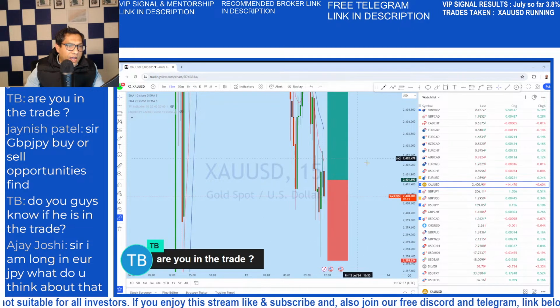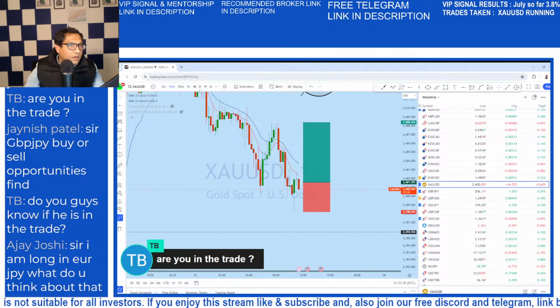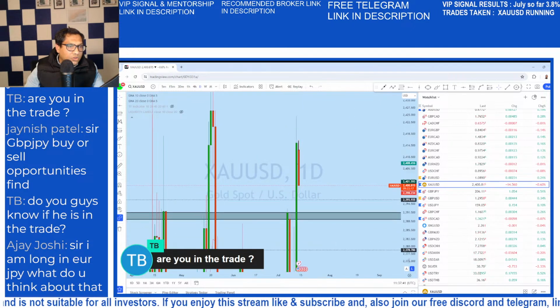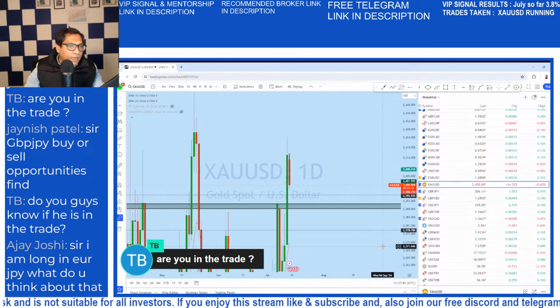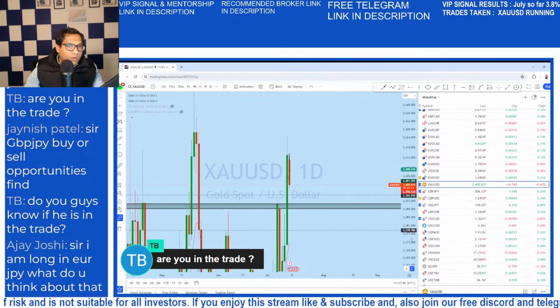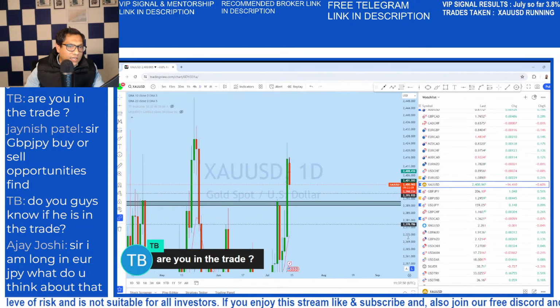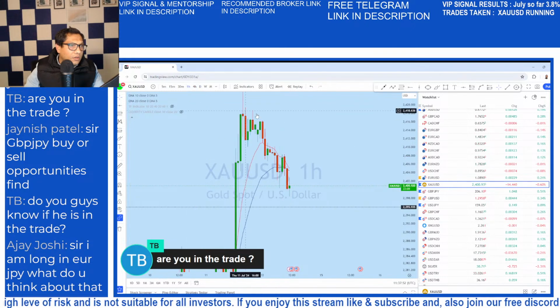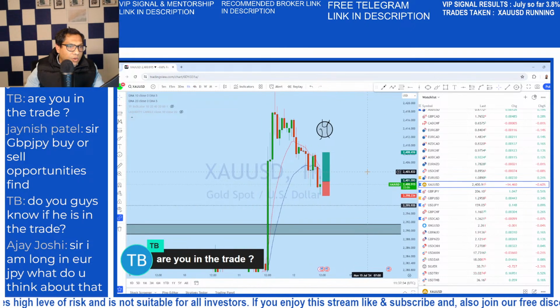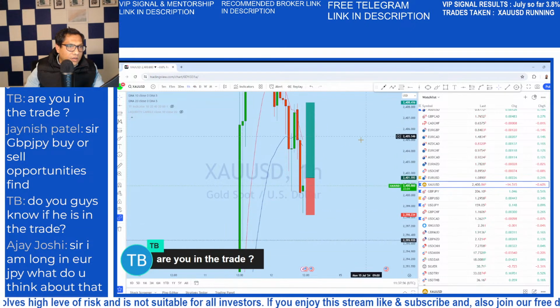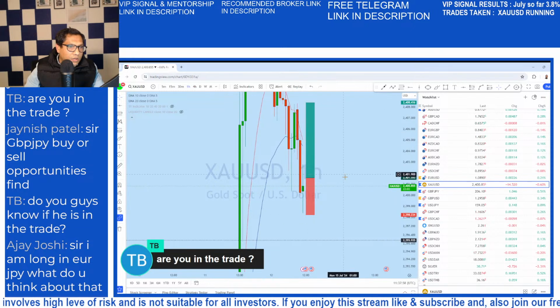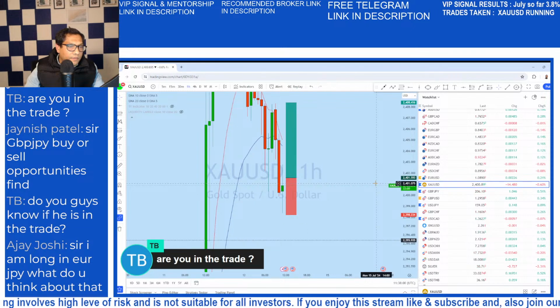So with the PPI, if we look at the daily chart, so far from the daily, it was significantly bullish yesterday on gold, and we can see a pullback to the support level. So from the 1 hour also, we can see the market after this drop form a doji.